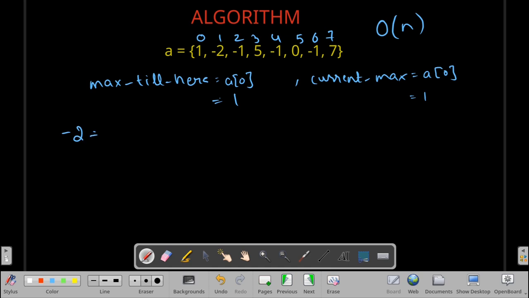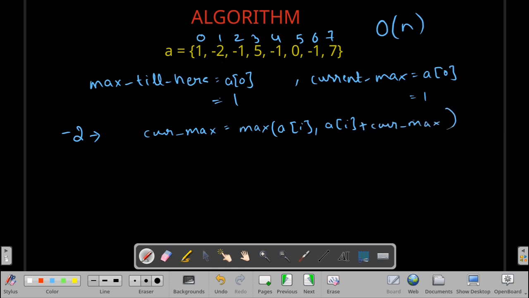So for -2, we will start traversing from i equal to 1, because we have initialized the 0th element to both these variables. For every element we have to update current maximum, which will be equal to either that element a_i, or a_i plus current maximum.